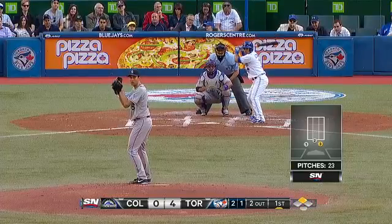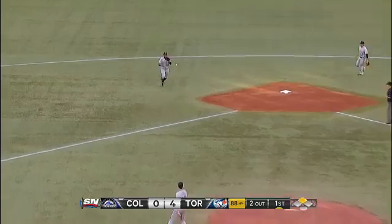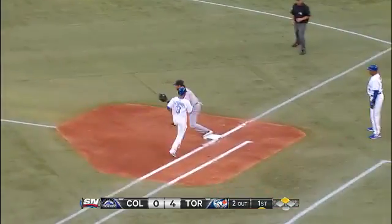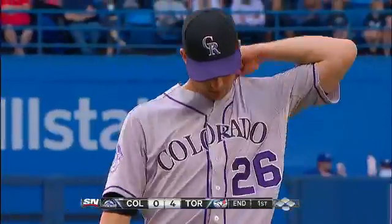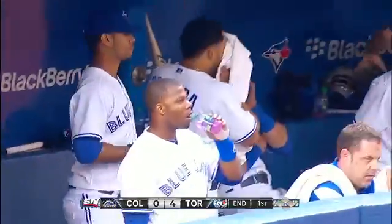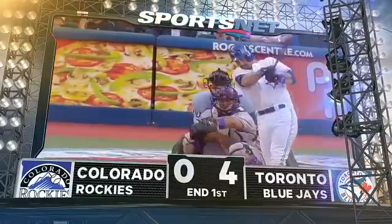Esmail Rogers is enjoying what he's seen so far. Bouncing ball off the glove. Herrera at short throws Sturris out. The inning is over. The Blue Jays sent 8 men to the plate in the 1st against Jeff Francis. Mark DeRosa drives the ball to the